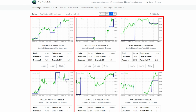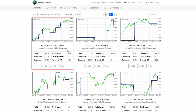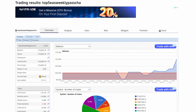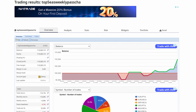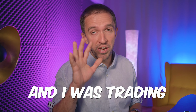Obviously they were not these 5 because the app updates all the time with live historical data. So daily I was checking which are the top performers and I was updating the account. And you can see that there were a few ups and downs, but at the end the robots reached the target. With the third challenge I used again the Prop Firm Robots app and I was trading 5 of them,